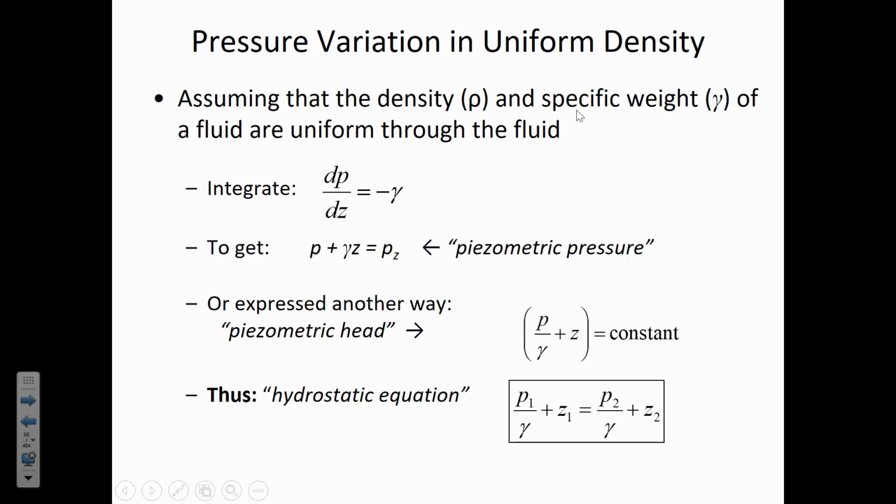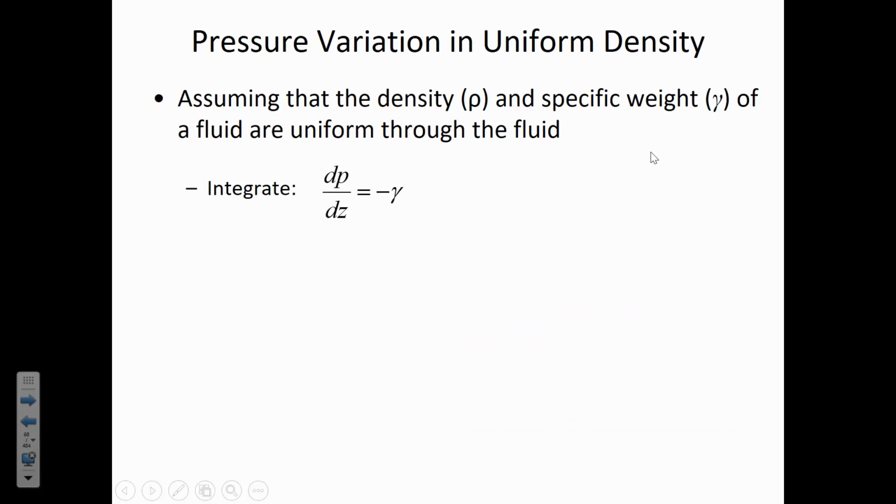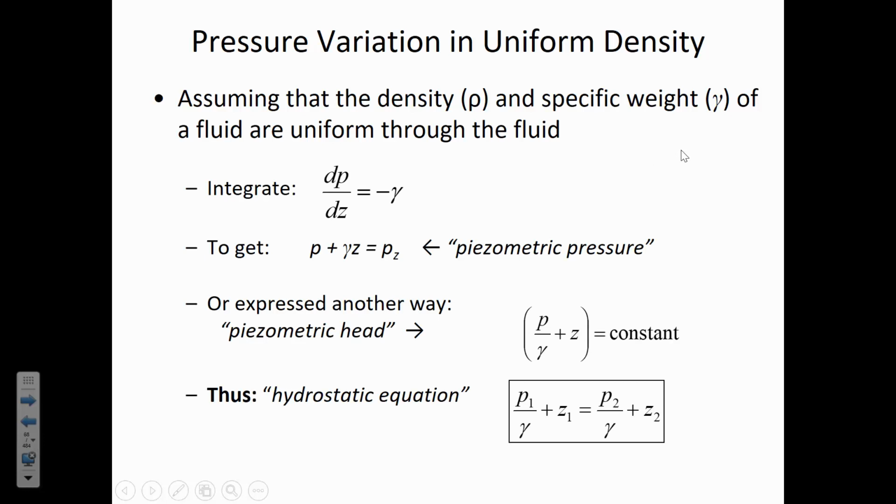So the hydrostatic equation, sometimes rather than just thinking of it as this change equation, what we sometimes do is we identify points in a liquid where we are able to make a measurement, and then another point where we're interested in calculating what the pressure might be. So if we know the pressure at 1 and we know its elevation, then we can predict what the pressure or elevation at 2 is going to be if we know the other of the terms. If we know the pressure, then we can calculate the elevation. If we know the elevation at location 2, we can calculate the pressure. And we're going to get some example experience with that today.